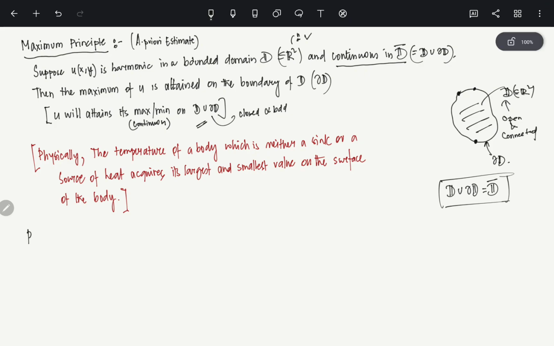As for the proof of it, what we are going to do is, let us assume that the maximum of u,